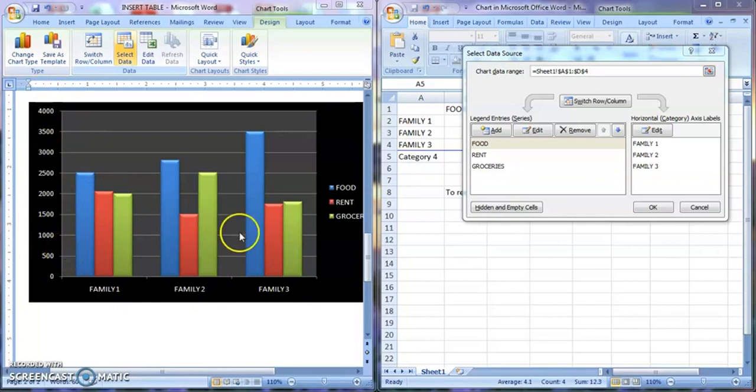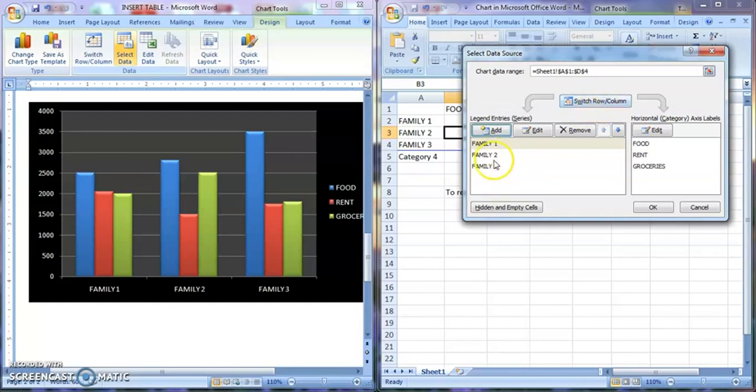Don't forget it. Now I want the column headers, food, rent and groceries, to be on the horizontal axis, and family 1, family 2, family 3 as the column headers. So what I have to do is just click once on this option, switch row or column.